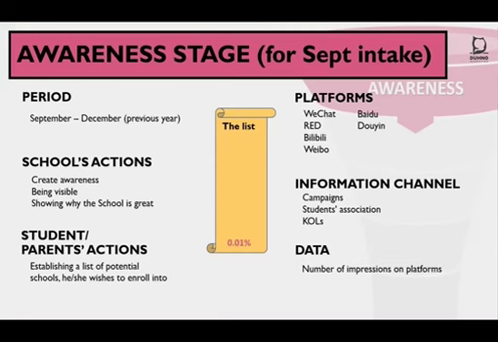And in terms of data, what are we looking at when we want to see if we are performing properly? At this level, it is basically the number of impressions. How many people are actually looking at this data? At this level, it's still really difficult to understand if the persona you are targeting, the people actually watching what you are providing as content, are really the right target. We will see that only a bit later in the funnel.